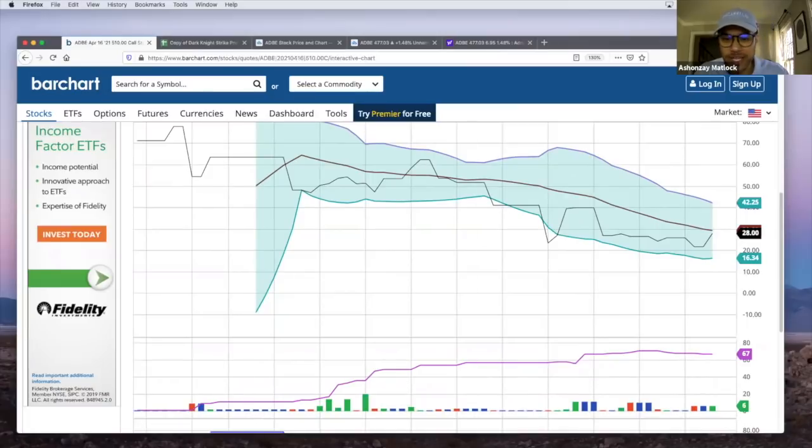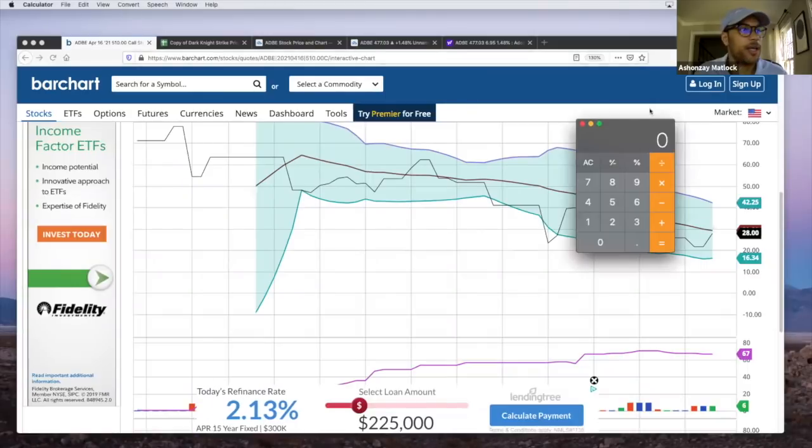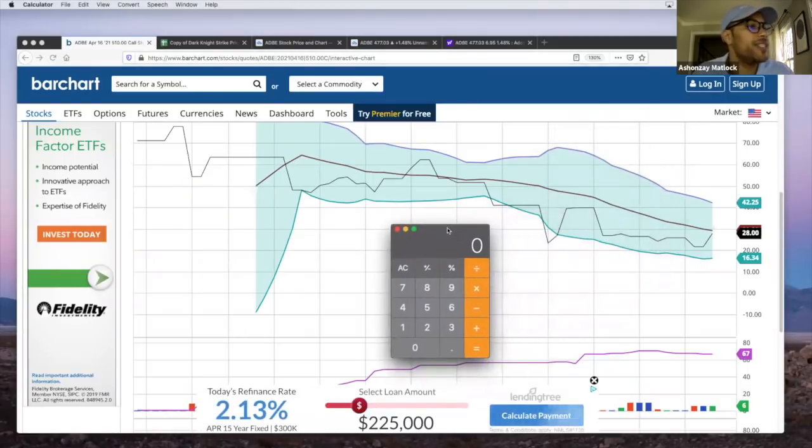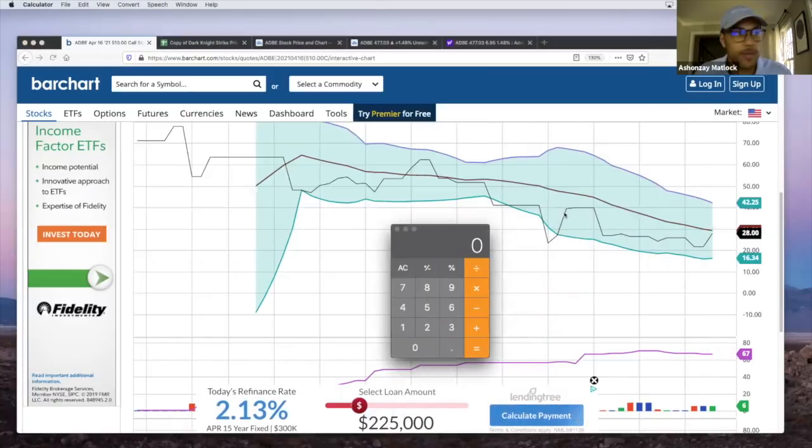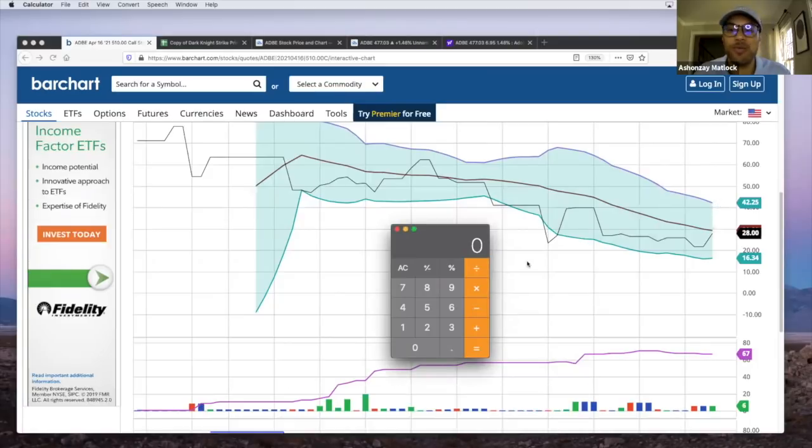And we're looking at Adobe. And remember, this is for the April. So this is all April. Where's my calculator? All right. So let's think about it. If we bought right here at 21.56 and we set our sale target at 42.50 or 42.25, which is the top of the Bollinger,